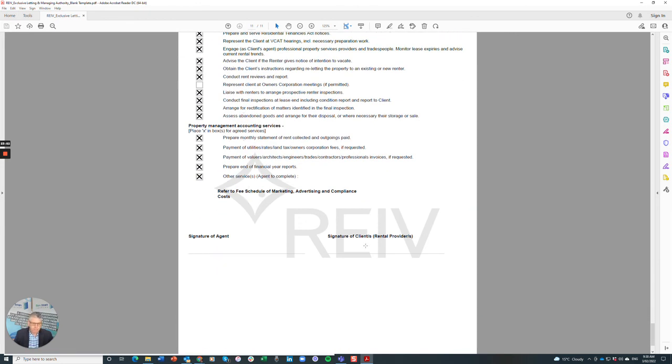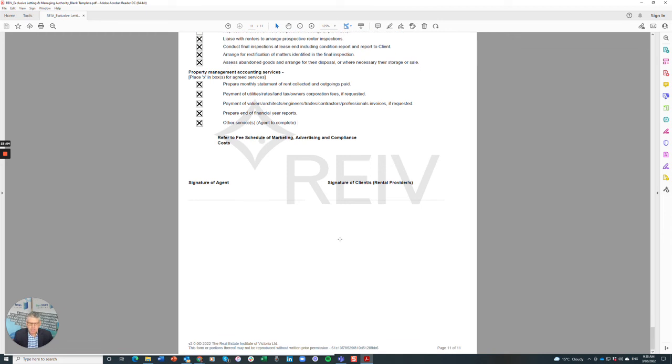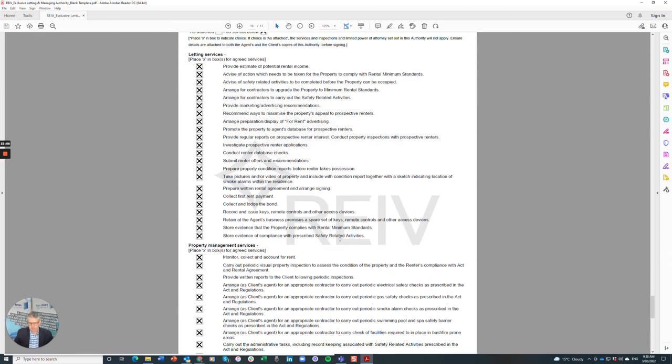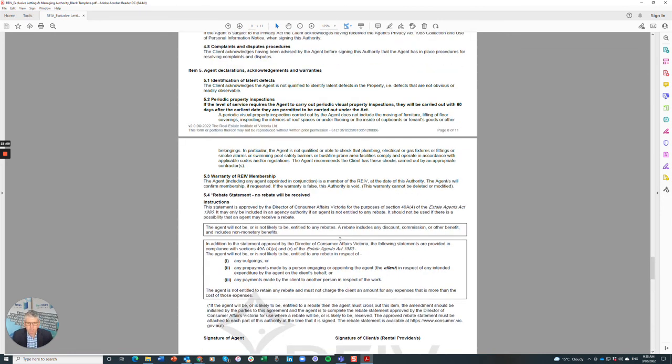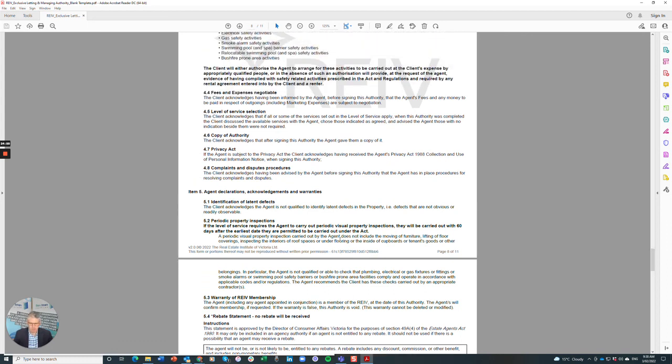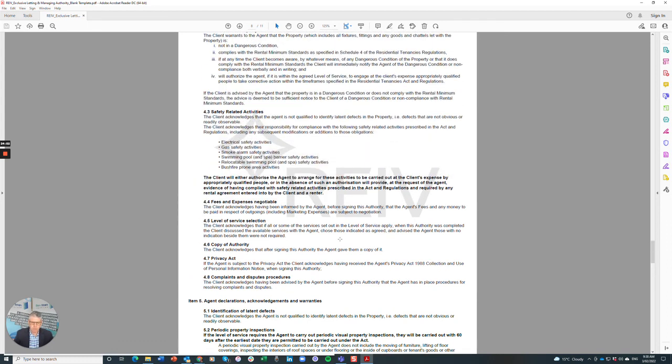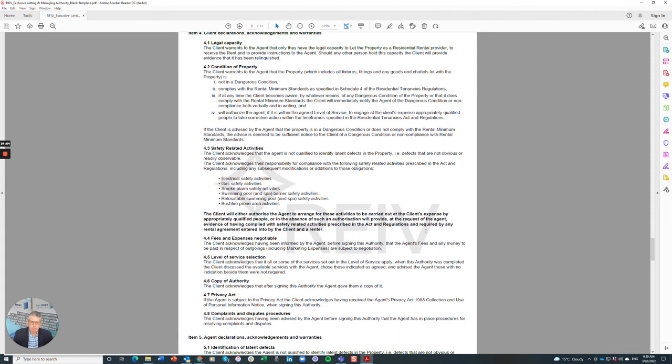Okay, and again, the document needs to be signed. In order for this to be a valid and enforceable document, one, it needs to be current. You need to be an REIV member, of course, for the REIV ones. It needs to be signed by the registered owners. My suggestion is you need to have a proof of ownership on file, and it needs to be signed by the agent first. Once you've got this document, then you would save it inside of your master file, which is